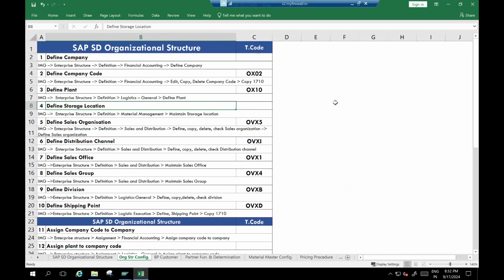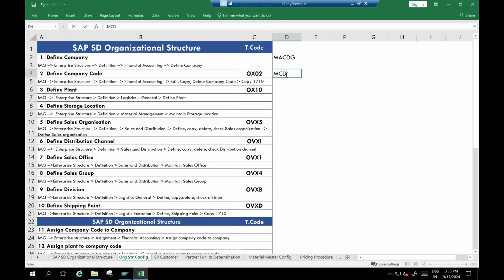Now we will dive into the configuration part of the enterprise structure. First, as I told you, we have to define the company. It is a group. Here I will take an example of one reference company, that is MACD, McDonald's. You know McDonald's, right? This is my company, MACDG, that means MACD Group. Next I will take the company code as